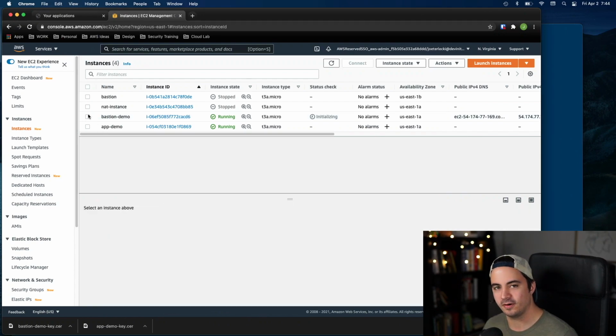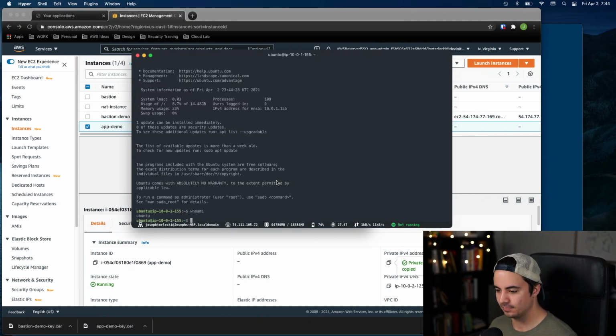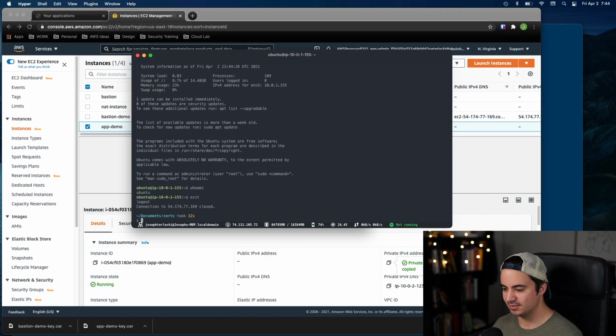What we want to do is forward some listening ports through this Bastion instance into our application instance. What we're going to do is grab this private IP. We're going to exit back out of this tunnel, and we're going to use the same command again, but